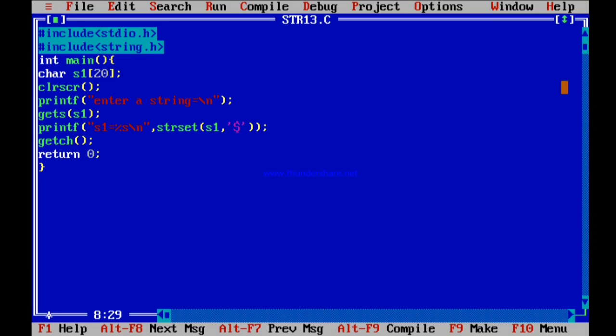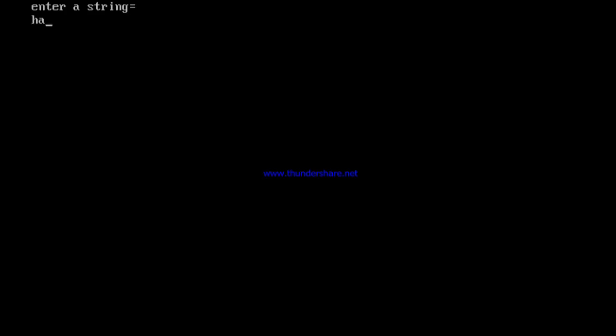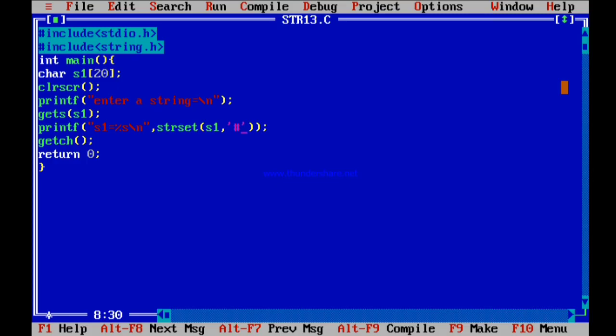What is the character that I have supplied here? A dollar. I will change it to a hash symbol. Now you can see the difference. I'm entering hi how again, and all the characters are changed to a hash symbol. So this is the string set function, friends. The string set function will set all the characters of your string to the specified character.